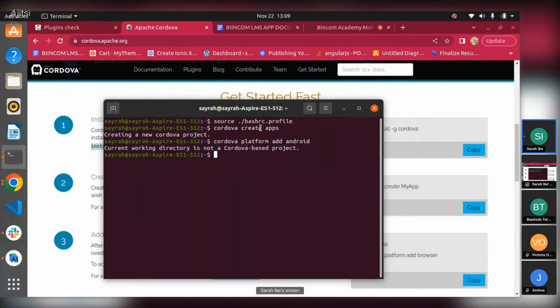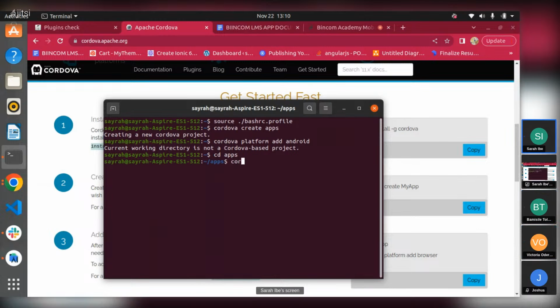I just created the project, but I have to work from inside the project. So I have to enter into the project first. As we know, the normal command is cd, that is change directory, to apps. Do you understand? Yes.